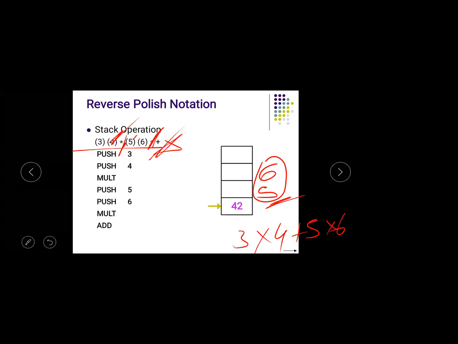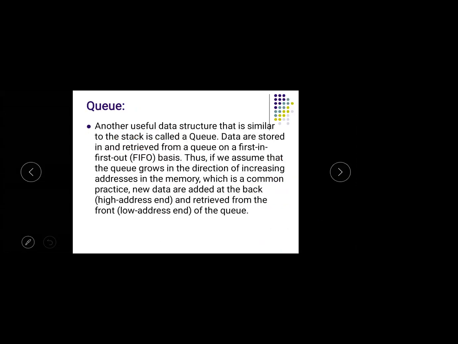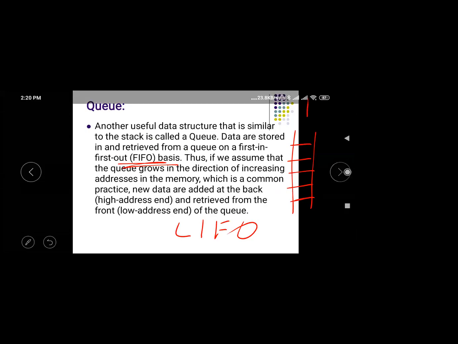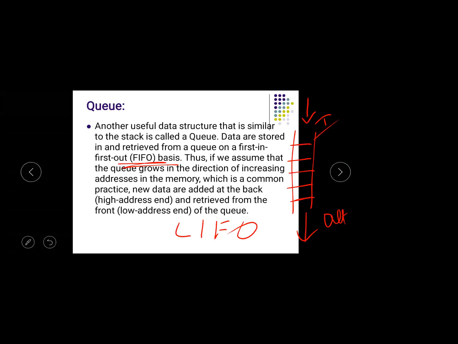Role of stack in computer programming: we have to execute the arithmetic expressions using a stack. Okay, and this is also a queue. Stack is last in first out, and queue is first in first out. Okay, in a queue both the ends are open, whereas for a stack the bottom end is closed and the top end is open. One is inlet and one is outlet. That's why it is first in first out.